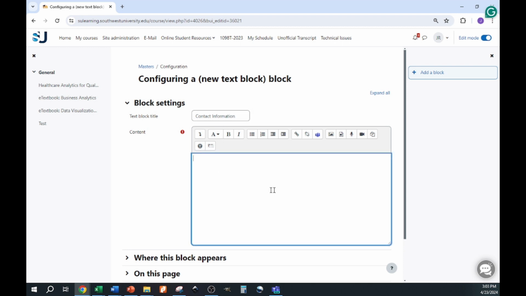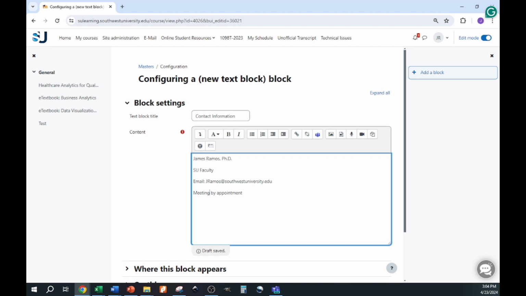In the block content, you're going to write your name, how you want the students to refer to you or know of you, including any credentials. You'll put your title, in this case, I'll say faculty member, and then you're going to put your contact information. In this case, I'm going to put my email. And then you'll also include how you want students to reach out to you in order to make an appointment. Typically, what I'll do here is meeting by appointment, where they would have to reach out to me to